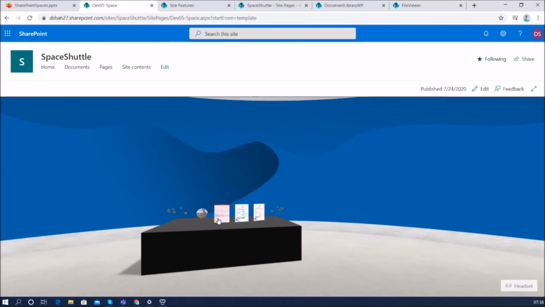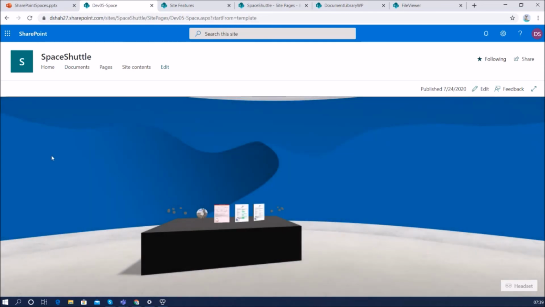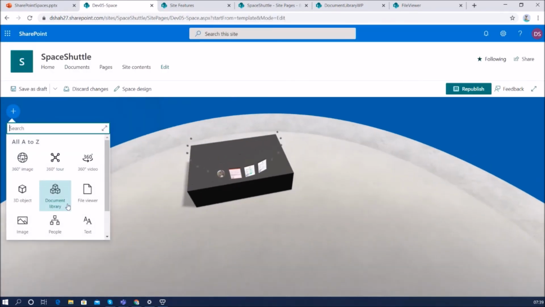Same way, document viewer is something, let's say this is a document and they want this document to be opened over here, we can use this option. So document viewer is also a separate web part where we can embed specific documents or files on our page.